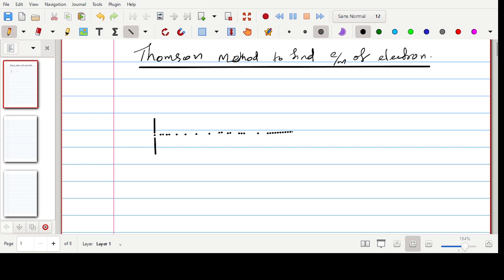The undeflected beam will be moving like this. In the absence of both electric and magnetic fields, we will have a beam like this. So this is the screen. In the presence of an electric field, we are applying the electric field along the